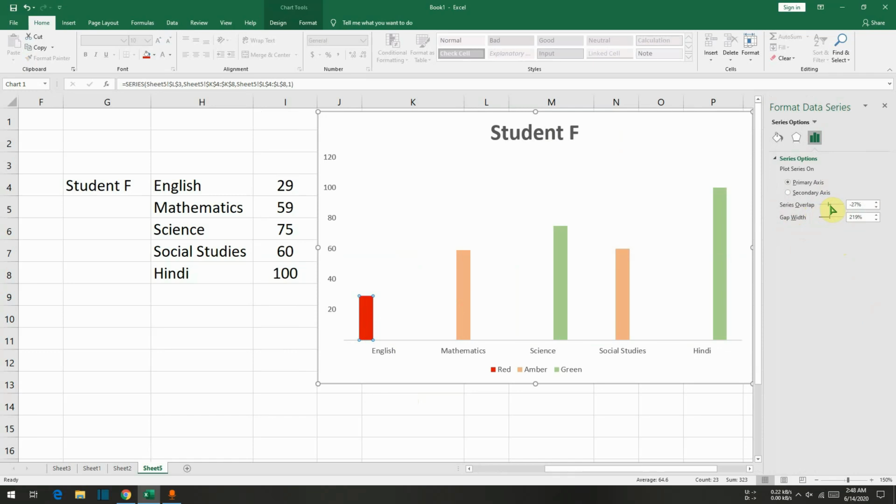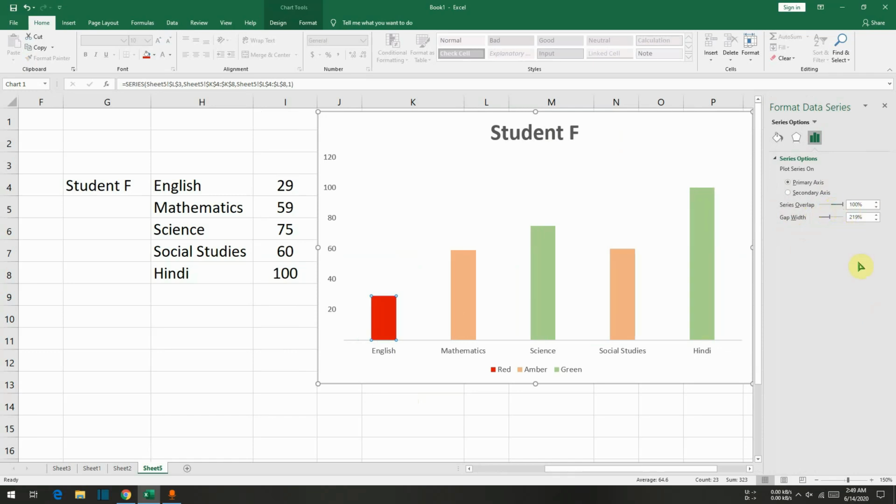In Series Overlap you have to increase it to 100%. So the 3 series, red, yellow or amber, and green, are overlapping. Okay, so this one is 100. Similarly, we need to click here, so check that overlapping is working perfectly, as we can see.